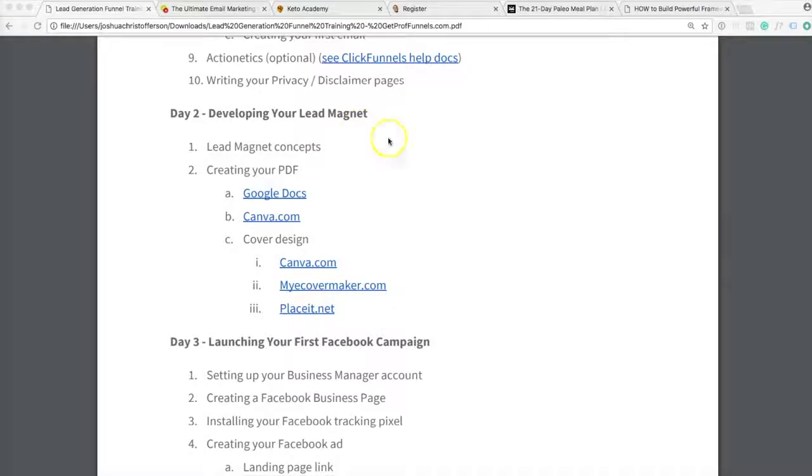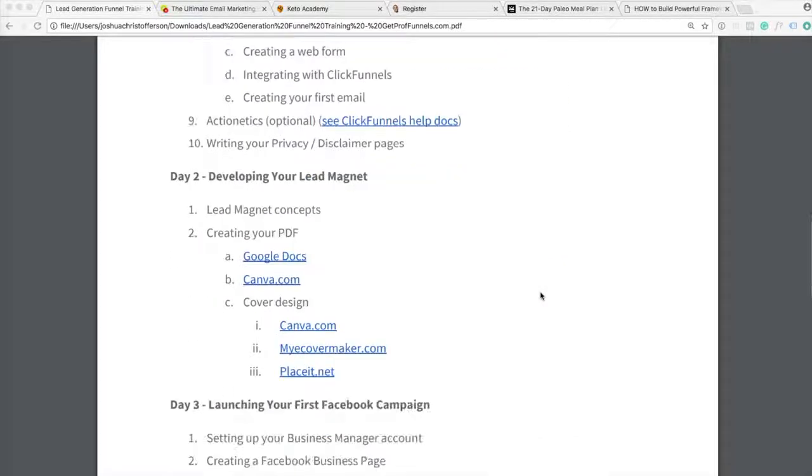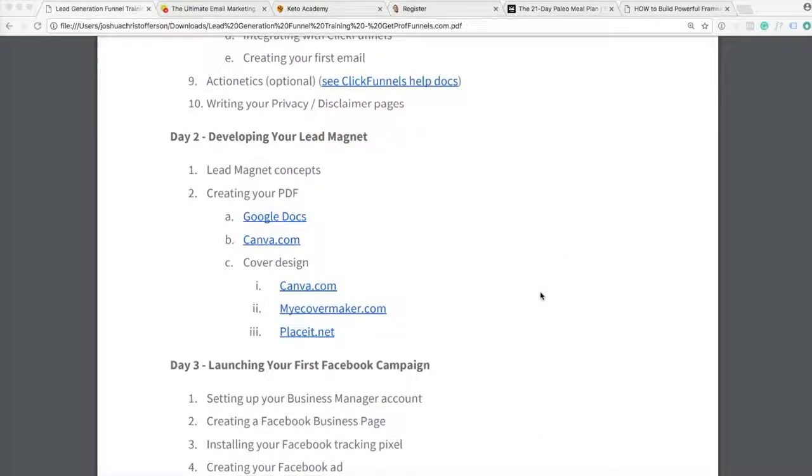So now, if you went through all of day 1, we got your funnel set up, we got your email set up to deliver, and we should have everything wired up and ready to go. So I kind of left this for the second day because if you already have a lead magnet and you know what to do, you may just want to skip this day, but many of you may not. So I wanted to not get hung up on it, even though it's one of the first things you really